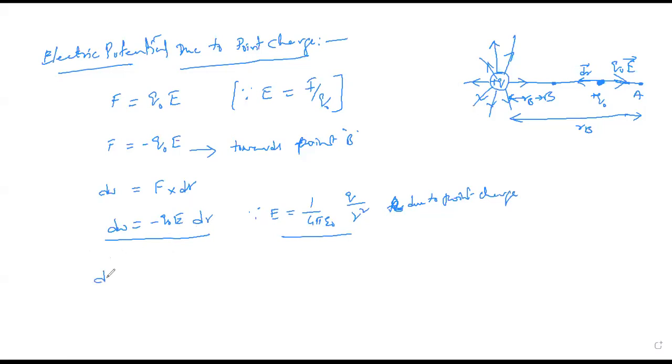So our work done, that means due to some external force applied by this external agent, what is the work done now? This work done will be written as minus Q naught into, E is 1 by 4 pi epsilon naught, so I'm writing here 4 pi epsilon naught, and here it is Q by R square, into, what is left over? dr. So this we have written. Now this is the work done, which took place only due to the external agent moving a small distance of dr.